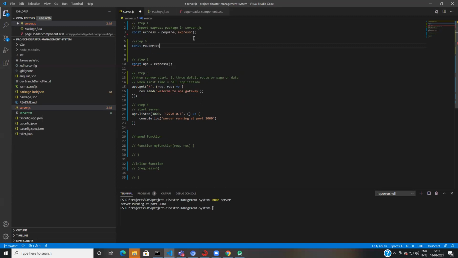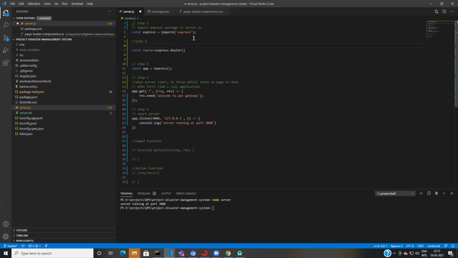Because we are making APIs, Express has the router function, through which we create API routes. The router function is used to create API routes in Express.js.